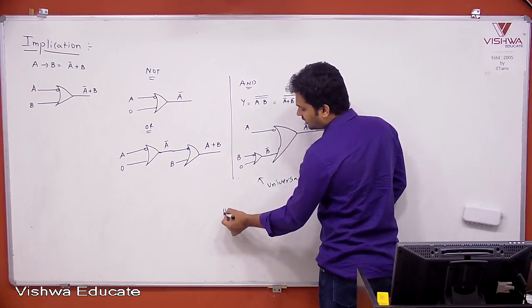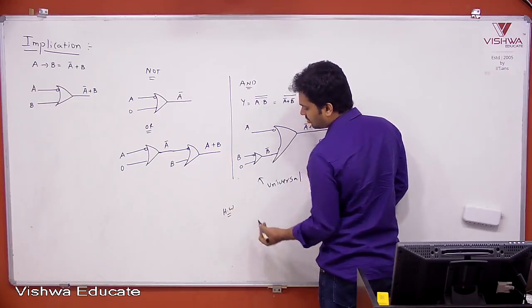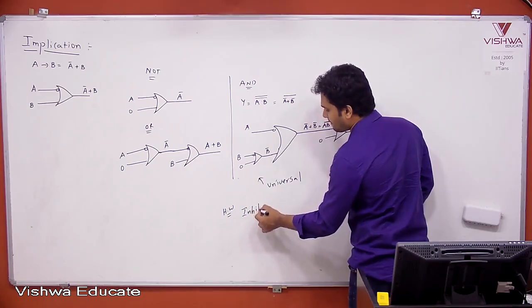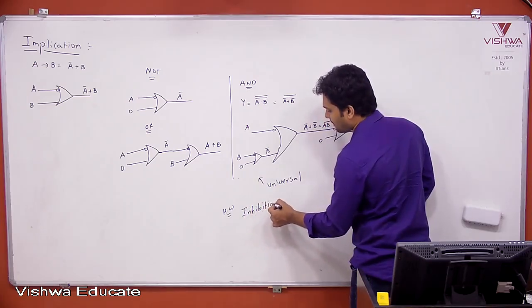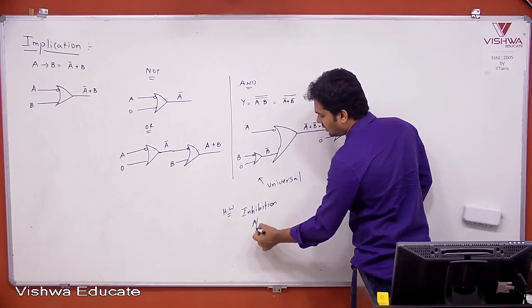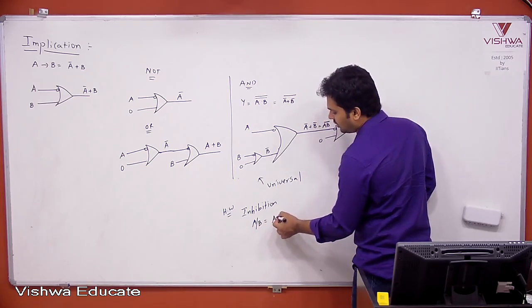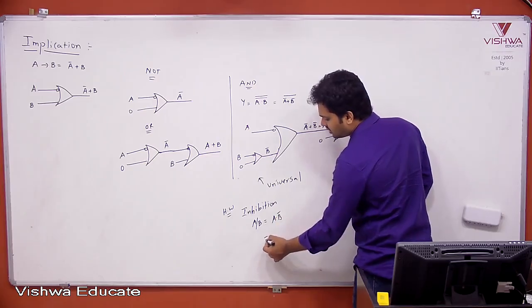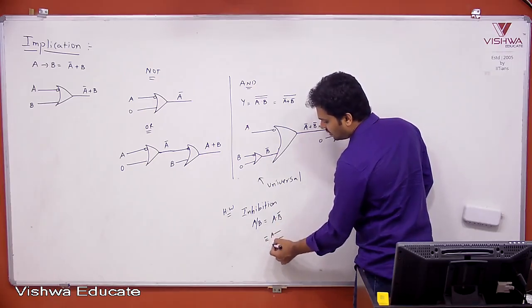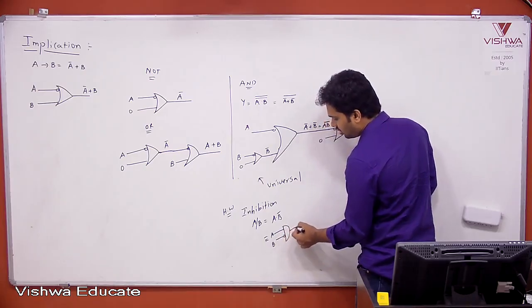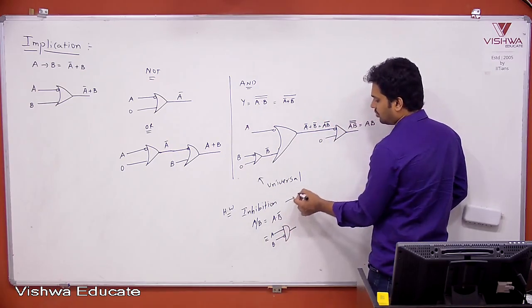Similarly, you can try this part as it is the same. I am not repeating. Inhibition. What is inhibition? A inhibition B is equal to A into B bar, or you can say the gate wise A into B whole bar. Okay. Prove as